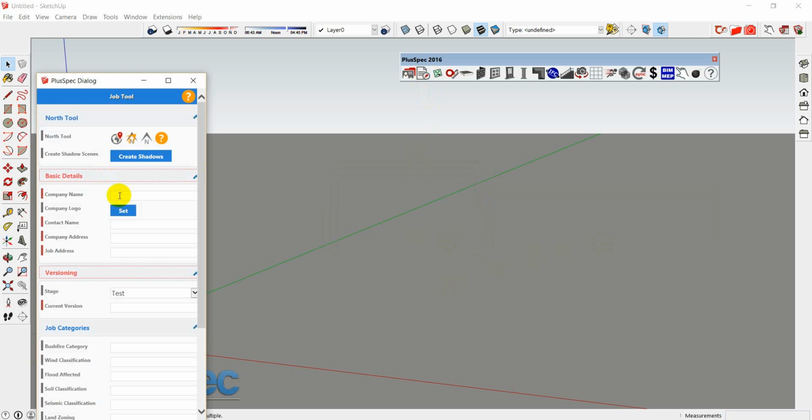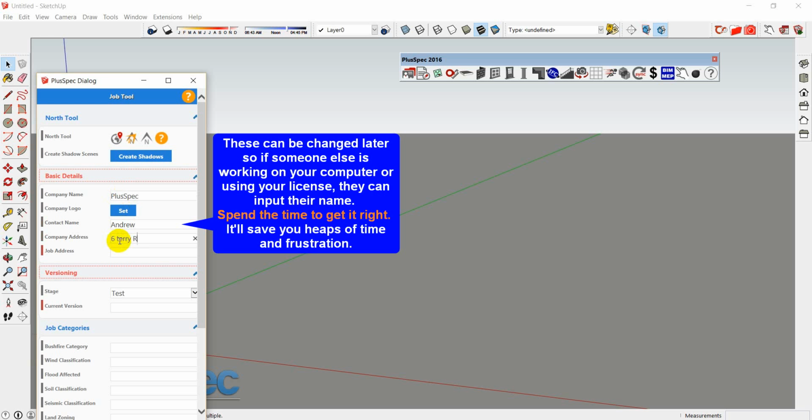Now a lot of these things are repetitious. So for instance, putting in your company name, you don't want to have to do that over and over. It just seems ridiculous. Contact name for me it would be Andrew. Company address is 6 Terry Road. Terrible typer. Now, it's very important that you do this properly the first time because you're going to save this